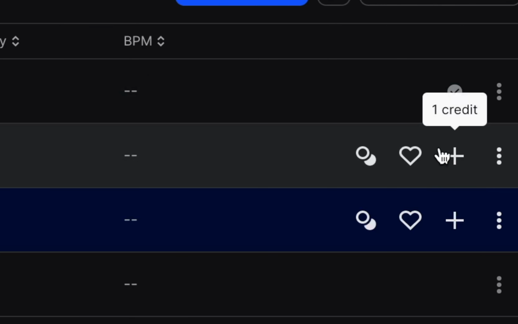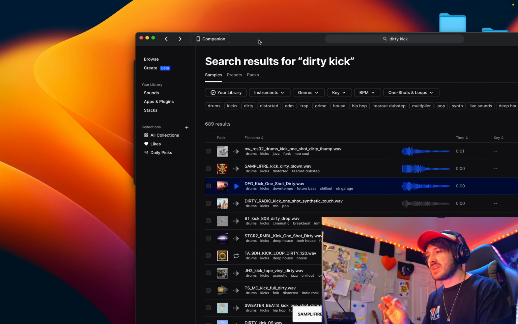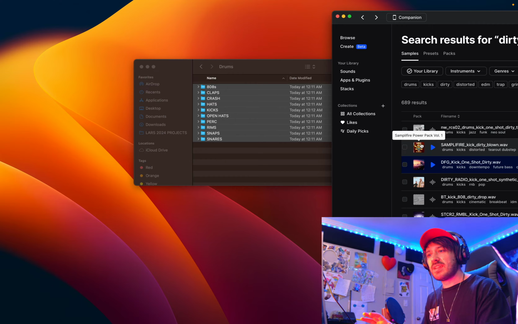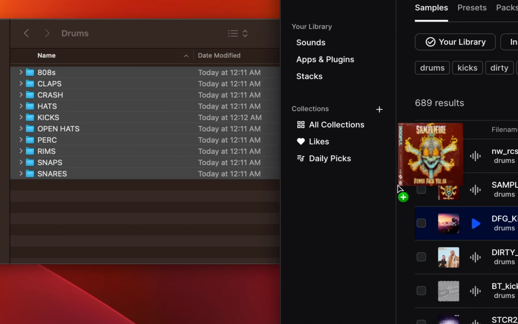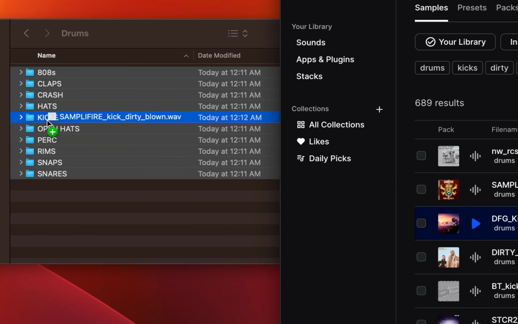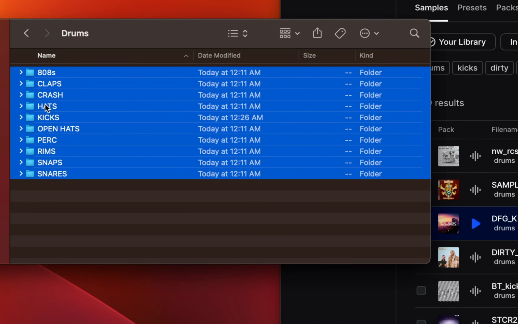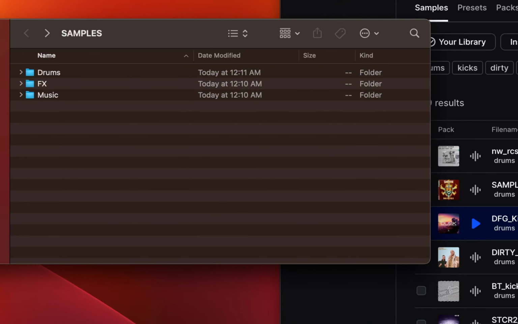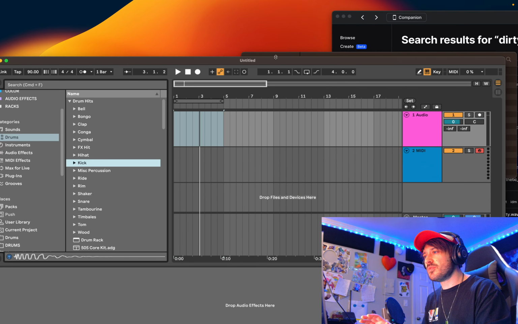Now, download something from Splice by clicking on the plus button. I'm going to click on this plus button right here. And I've now downloaded that kick. I'm going to drag that sample that I just downloaded. I'm going to drag it into my kicks folder. Now what you're going to do, go back here, and I am going to drag drums straight into Ableton's My